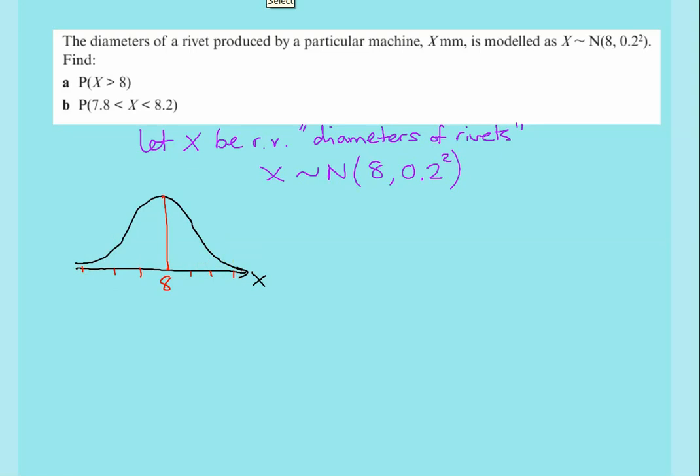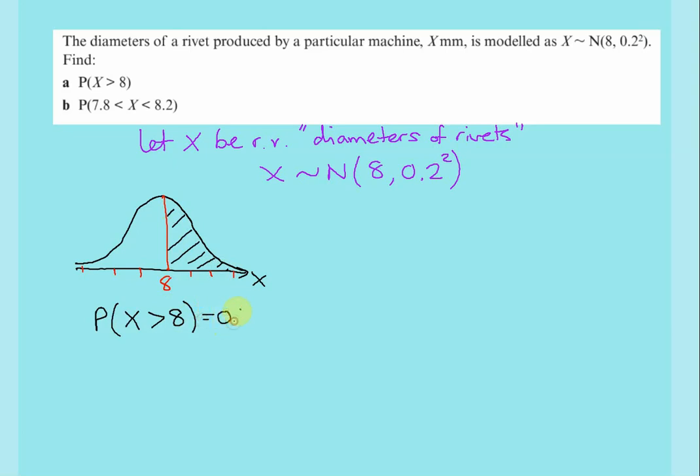And to answer both of these questions, I don't want all of that. I wanted to copy that, I just have to draw it. So for A, probability is greater than 8. So actually what we're looking for is all of that there. So that is half. The area under the whole curve is 1. So the probability that X is greater than 8